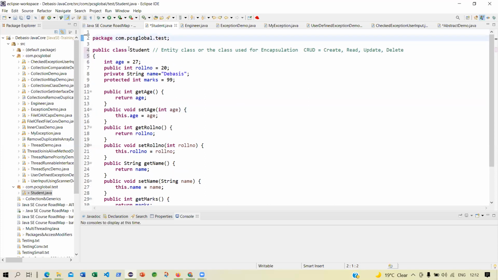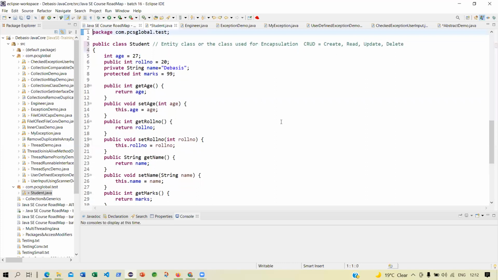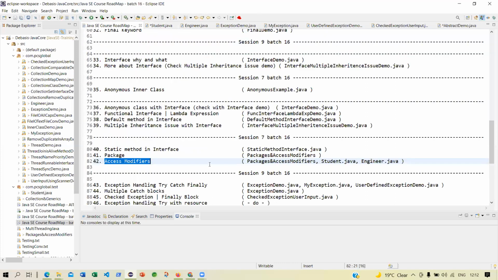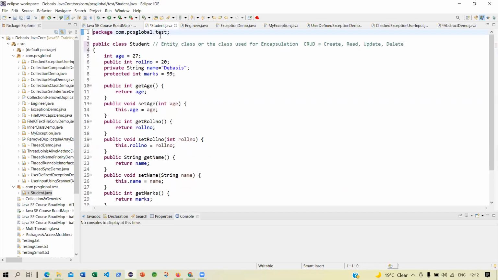That was the topic that we selected, package and access modifiers. So I have gone to Student. I have seen that I have created this Student.java under the package called com.pcsglobal.test. That is, in this particular package. Okay. Now I have these 4 fields, 1, 2, 3, 4, and I have the getters and setters.